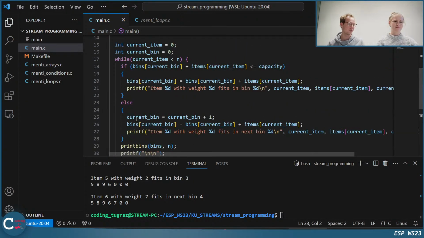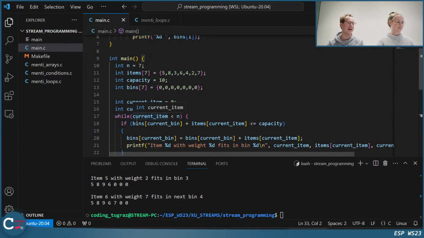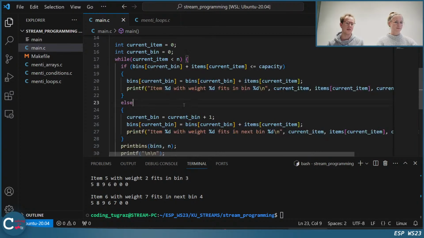You had more or less the pseudocode implemented this way, and it's absolutely no problem if you cannot do this at this moment on your own, because we already use rather complex concepts like arrays, loops, and conditions. So if you feel a little bit lost, this is no problem.